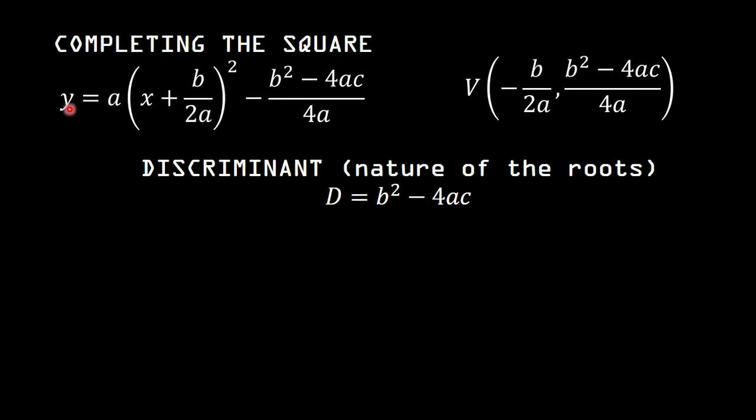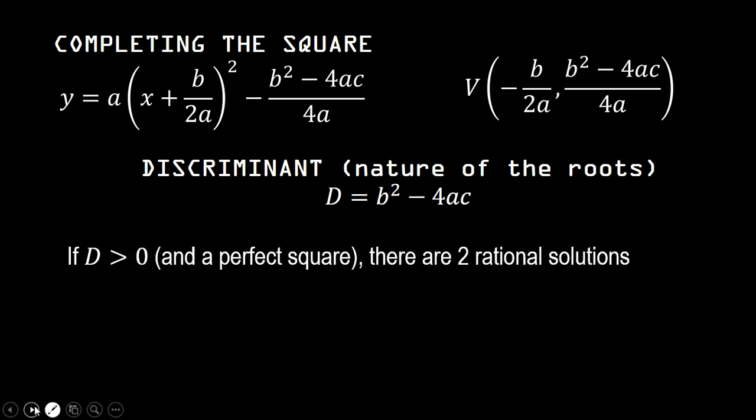So we have y equal to the quantity x plus b over 2a, squared, minus (b squared minus 4ac) all over 4a, wherein the vertex is negative b over 2a, and then (b squared minus 4ac) all over 4a. Here in the discriminant, the nature of the roots, we have b squared minus 4ac,